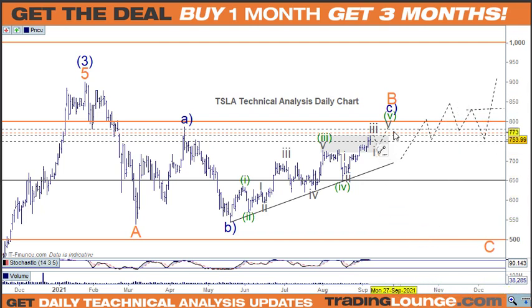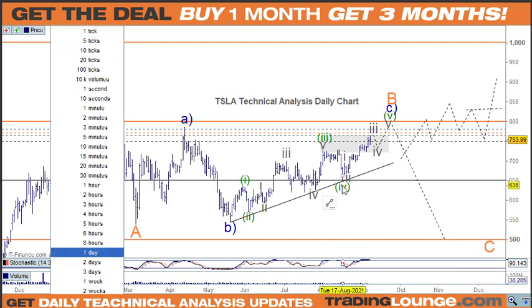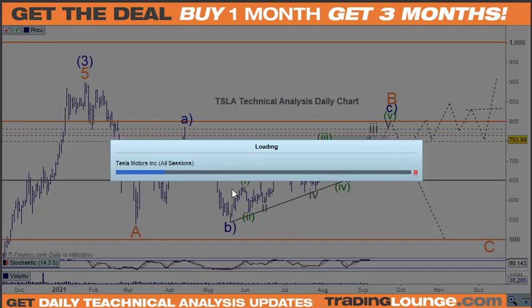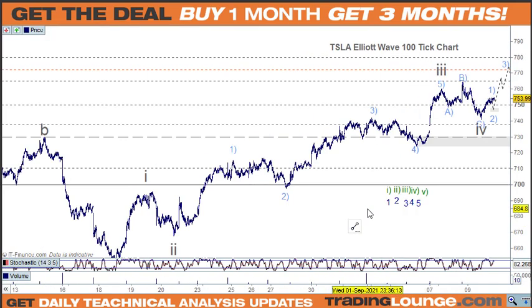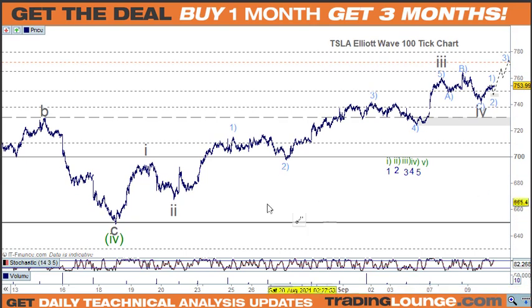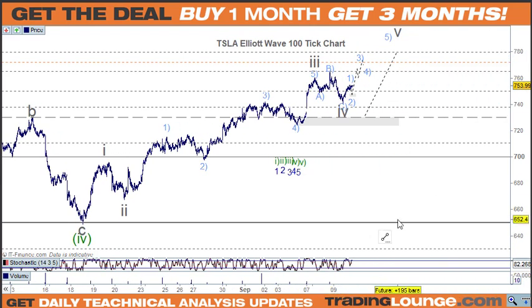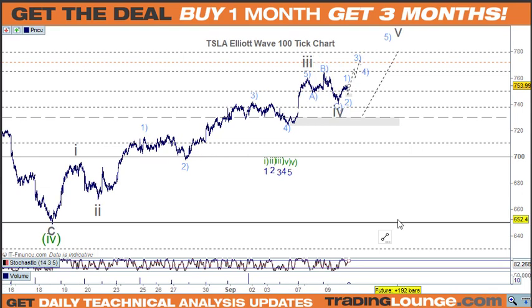But otherwise, once that tops, we'll be looking for the mirroring of that 5-wave structure over here back into 500. On the tick chart, we're counting 5 waves from wave 4 here up to wave 5. So let's go check that out. So that's our wave 4 here, and then we've had wave 1 and 2 here, and then we're going 5 waves up here, 3, 4, 5 for wave 3. We're looking for wave 4, and then going up for wave 5.